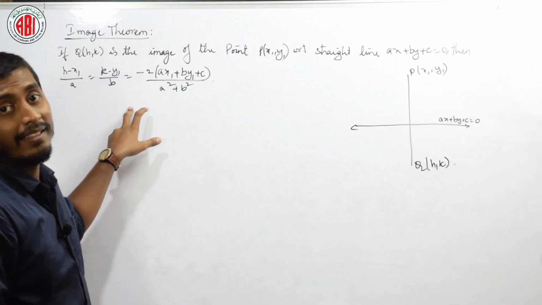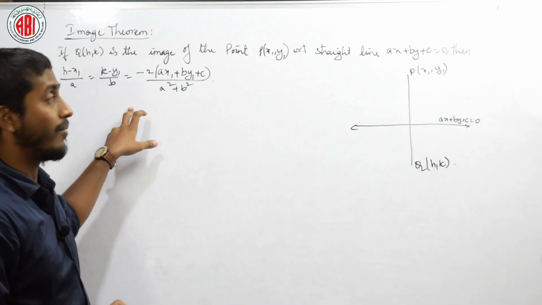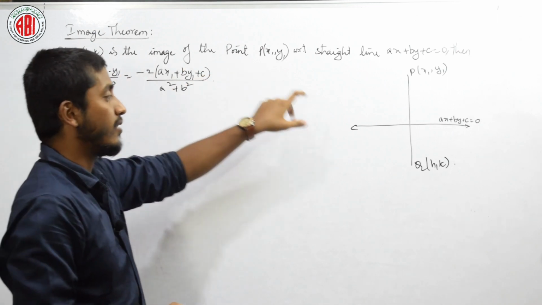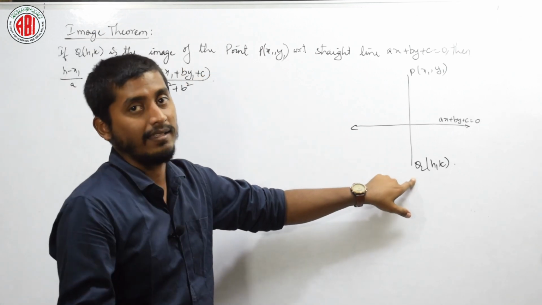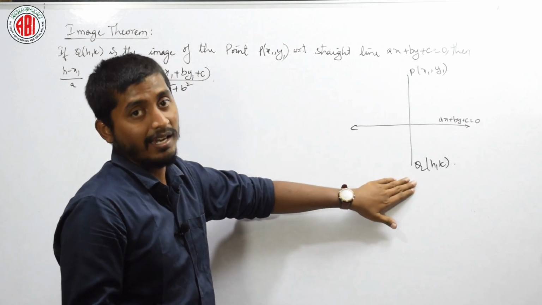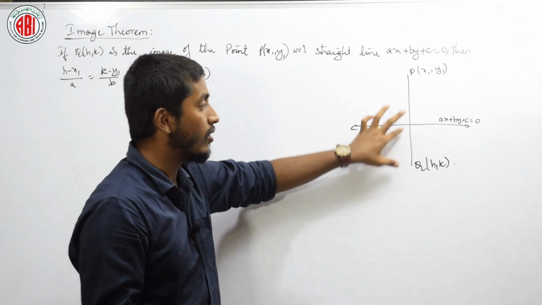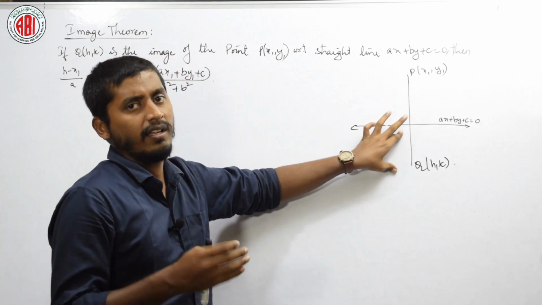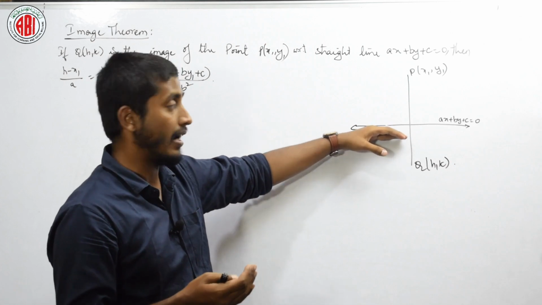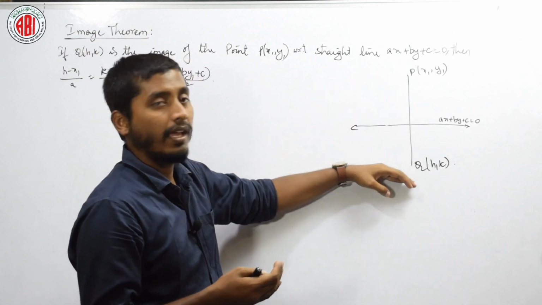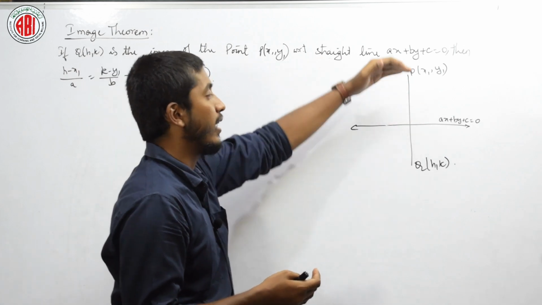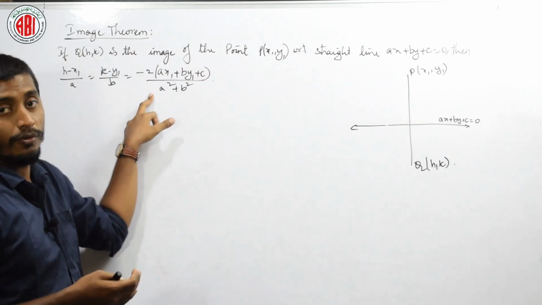Okay. Here this is the second theorem, that is the image theorem. Given that Q(h, k) is the image of a point, that is, this point is making an image on the opposite side, that is, this distance is equal to this distance. Is it clear? That is the image, right, which we have seen. This is the refracting surface, through which it has to form the image, with respect to this straight line. Then we are asked to prove this.